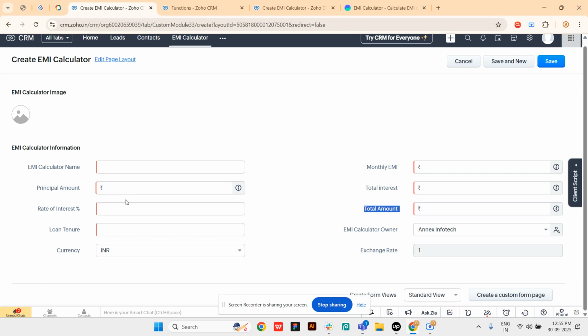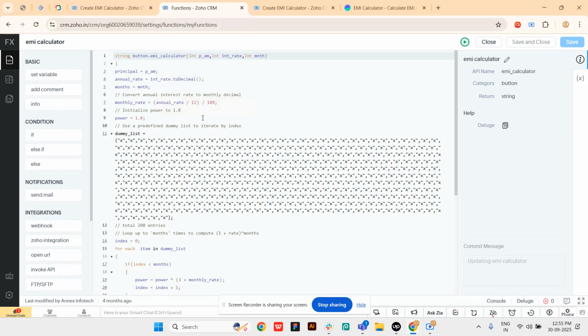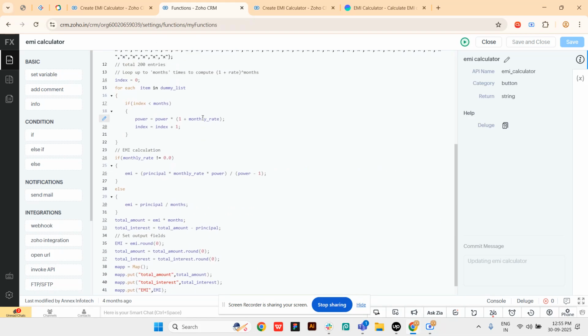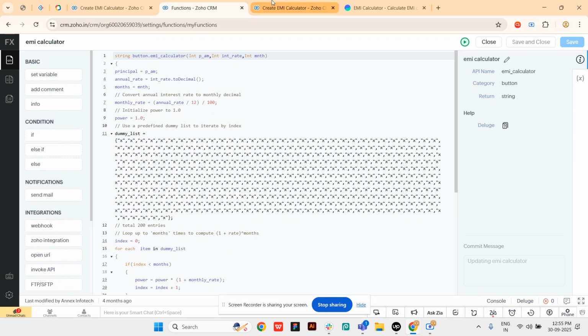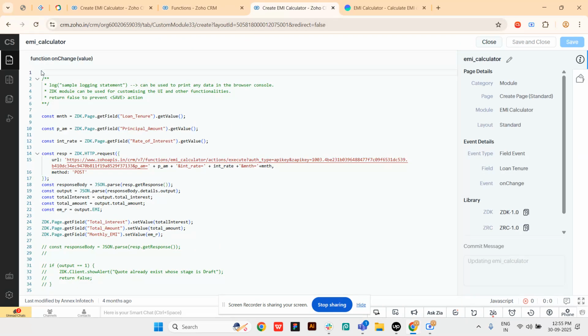In order to create this, we would be requiring a custom function and script writing. So, let me show you the function which I have written. This is the function that I have written, and this is the client script which I have written, in